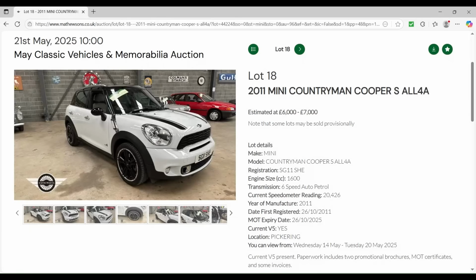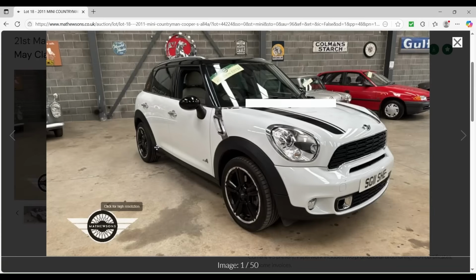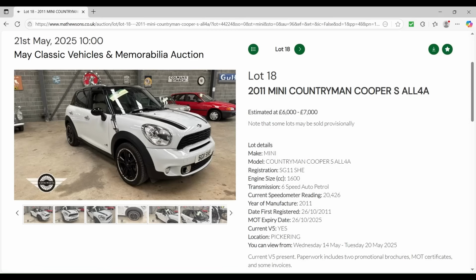The next one up is Lot 18, a 2011 Mini Countryman Cooper S All 4, which is the four-wheel drive version. Showing 20,426 miles, the estimate was given as £6,000 to £7,000. And there were lots of bids on this one and three determined bidders. And it was between Redcar, Scarborough and Selby. But who was going to win? And it appeared that the hammer was about to fall on more than one occasion, only to receive yet another late bid. But the final and winning bid came from Redcar, who secured the car for